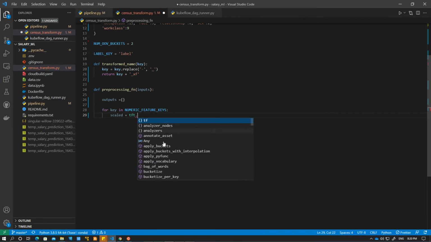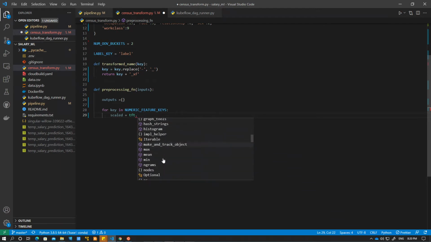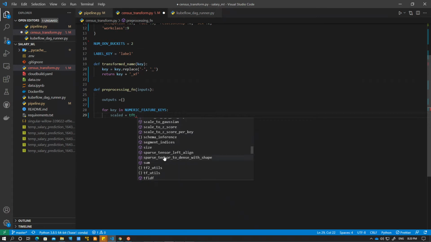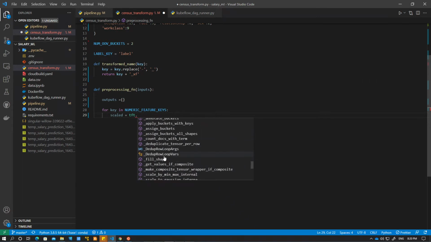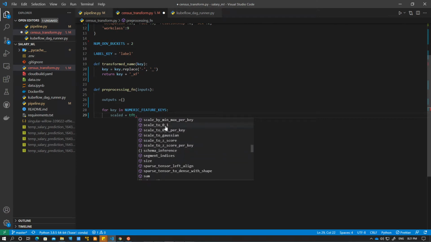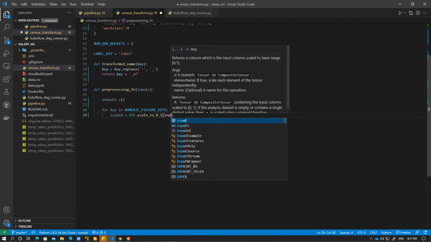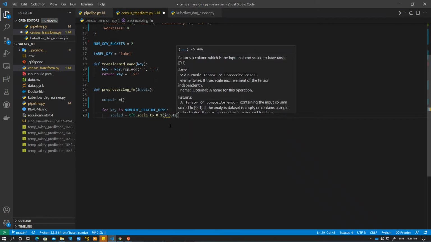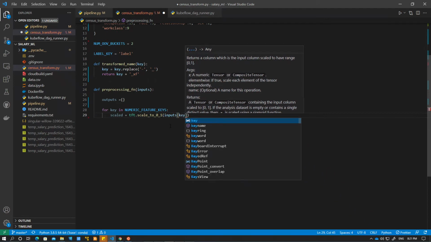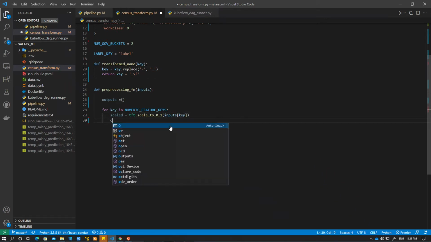So you have TFT bag of words, bucketize, apply vocabulary, string to hash buckets. Things like this will make your feature transformation easy. So we are looking for scale to 0 and 1, right? And then inputs, and then key, and then outputs